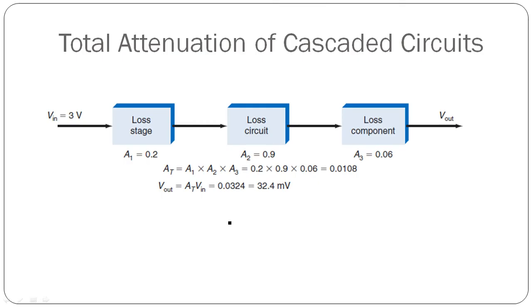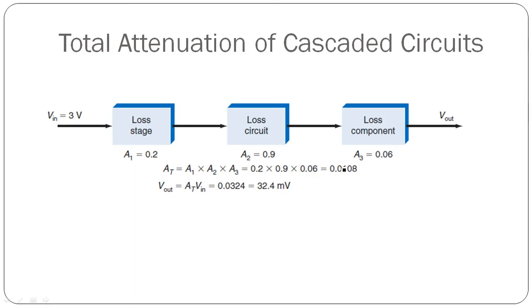So, cascaded, total attenuation of cascaded circuit is parehas lang dun sa total gain ng cascaded. We just have to multiply each attenuation nung individual stages. So, in this case, first stage, merong attenuation na 0.2. Ito ay may attenuation na 0.9. And ito ay may attenuation na 0.06. So, yung total attenuation ng tatlong stage ng cascaded circuit is